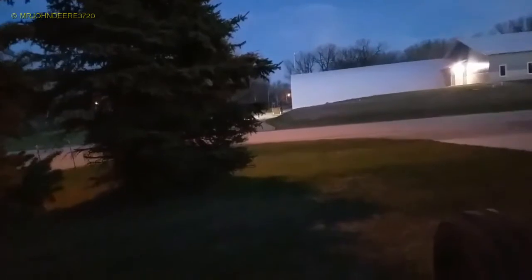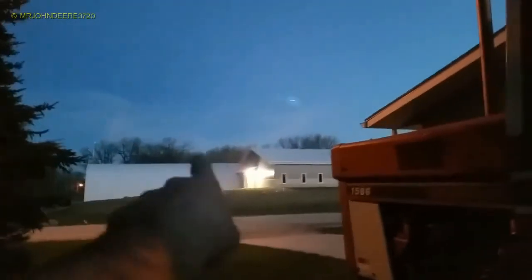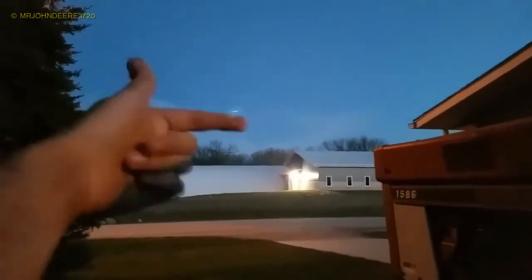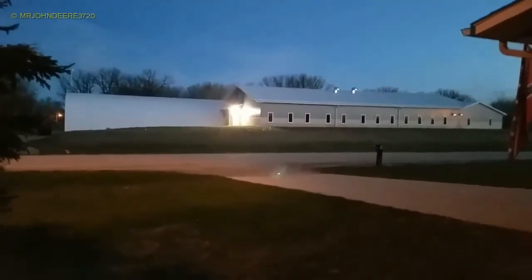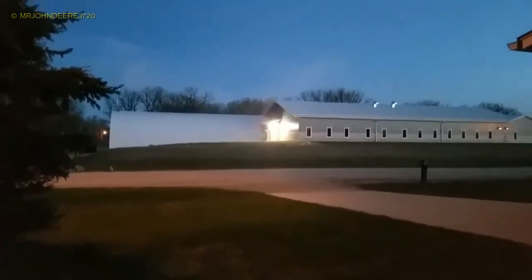Can't really have that. Here comes another car. Maybe that's actually the one that's going to go to the school this time. Oh, maybe it's somebody else. I don't know. Well, he's stopping anyway, so let's just take a look here. Okay, so there was a guy that walked up to that door there, but he didn't do anything, so I think they're going to go in from the inside and look at it. I think he probably just wanted to hear that buzzy noise. But, you usually do hear that with lights, but not that bloody loud, so there's something going on there. Maybe it's time for a new bulb. I don't know, they'll look into it, but